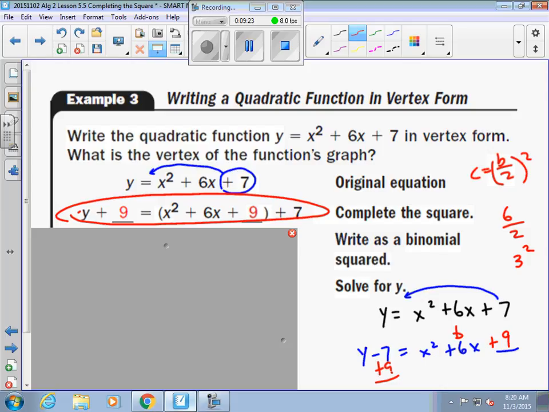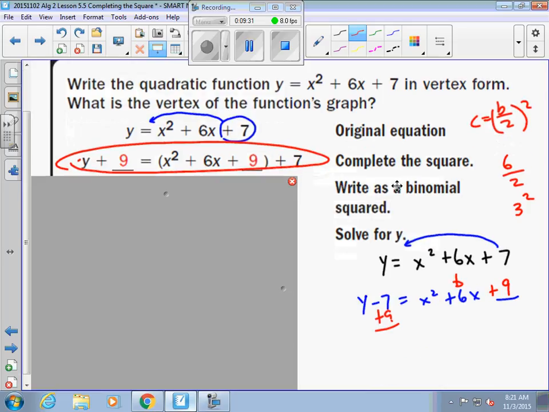But instead of moving 7 to the other side like we were doing with the other problems, they just slide it out, which I think is a little more confusing. So let's do it this way instead. So y minus 7 plus 9 is going to be y plus 2 right there, is equal to